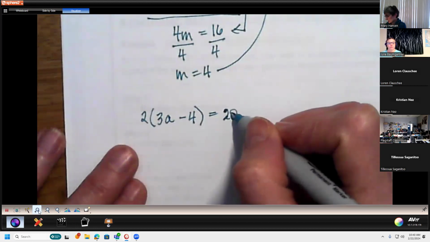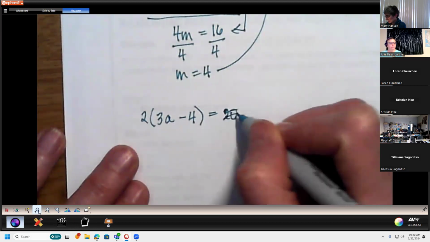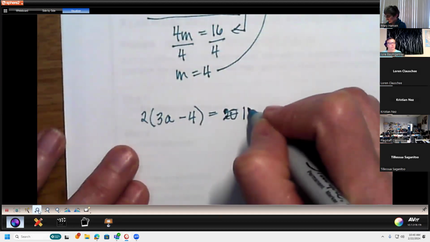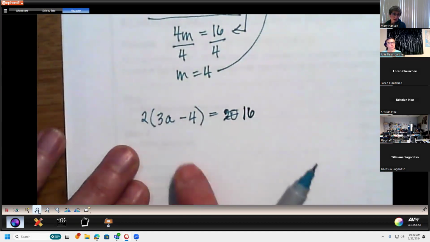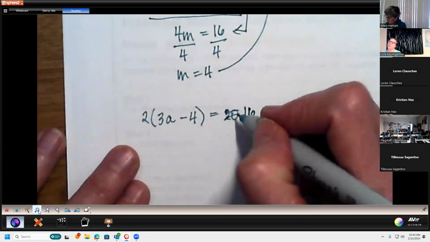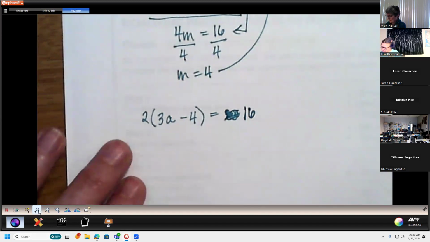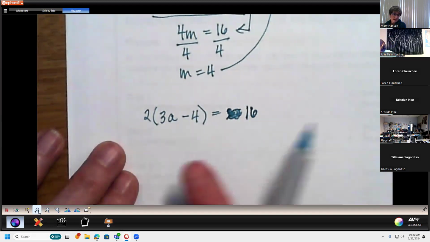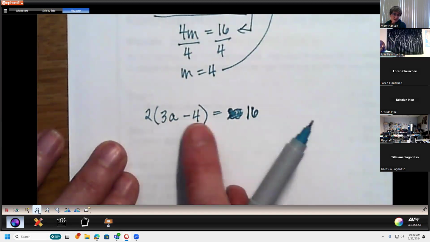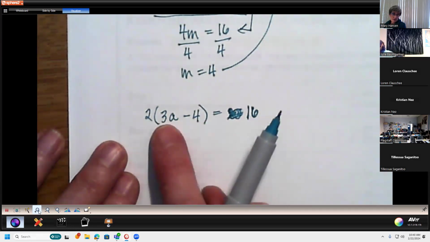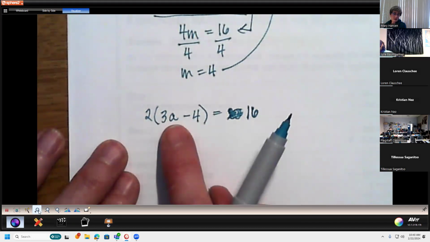Actually, let's not make it 20. Let's make it 16. 3a minus 4 equals 16. Okay. I can't simplify what's in here because I can't multiply 3 times a and subtract 4 until I know